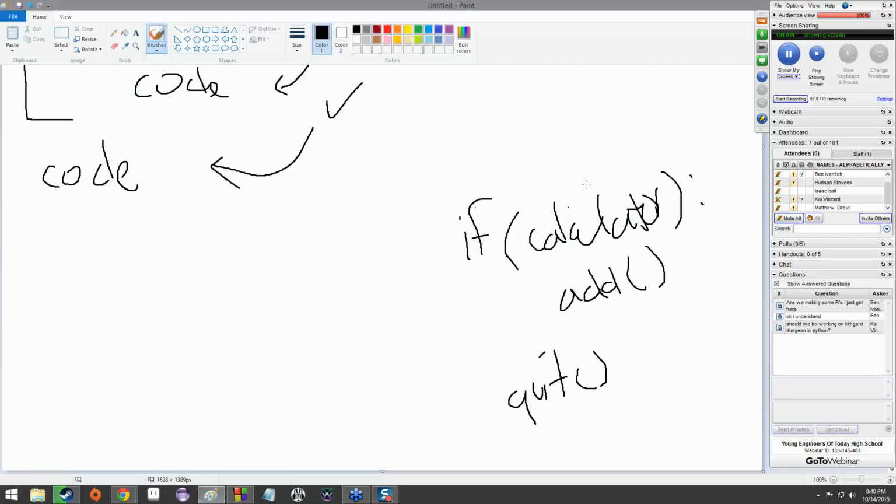If whatever program we're running is a calculator, then go ahead and run the add function. This statement's sort of asinine because it doesn't really make any sense, but in the sense that if calculator is true, then run add. Then go to quit. If calculator is not true, skip add, go straight to quit.